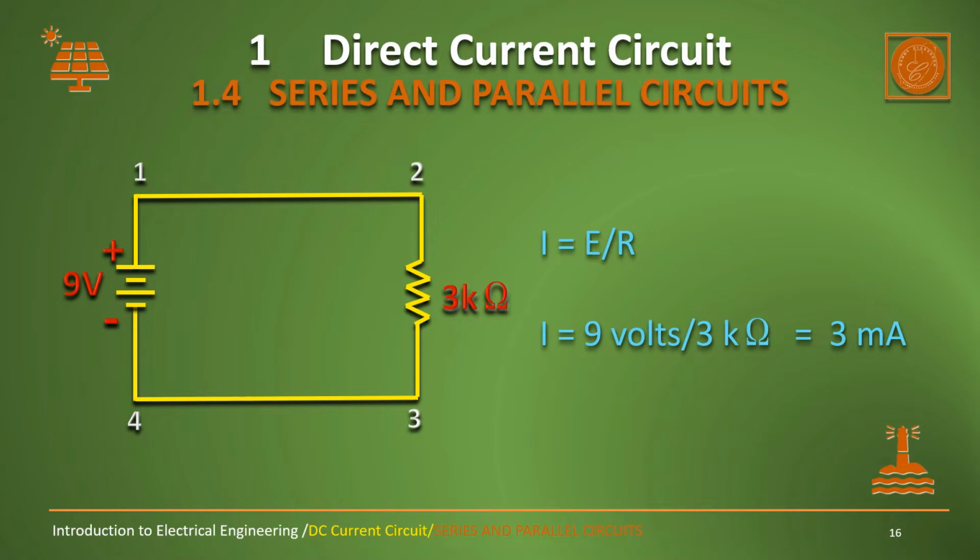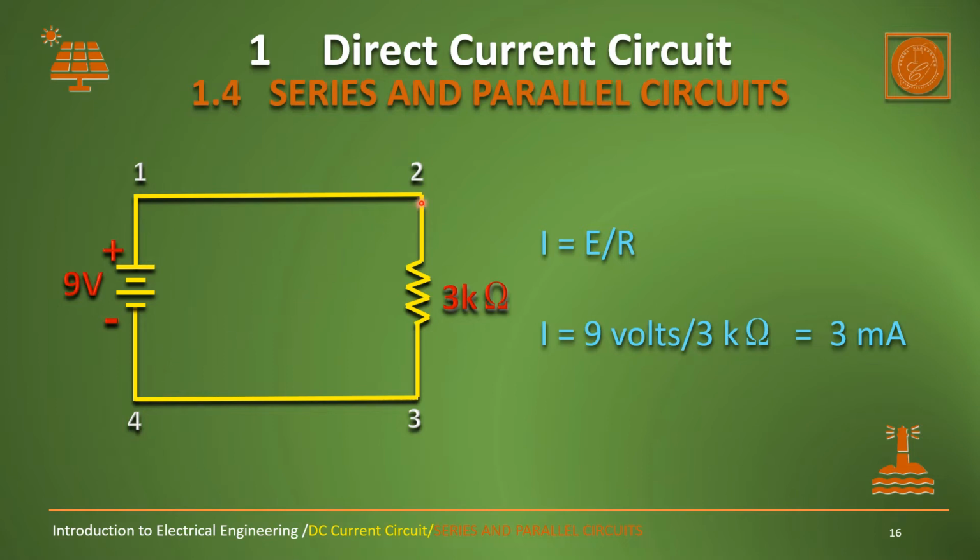Since point 1 and point 2 are connected together with wire of negligible resistance, we can say point 1 is electrically common to point 2, and point 3 is electrically common to point 4. Since we know we have 9 volts of electromotive force between point 1 and point 4, directly across the battery,